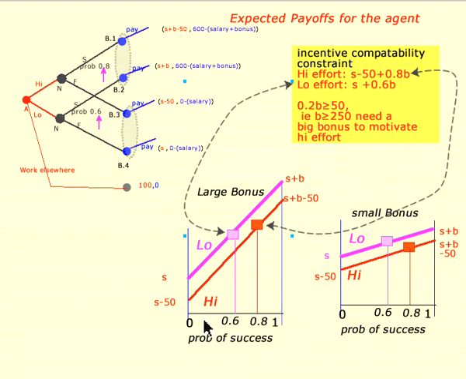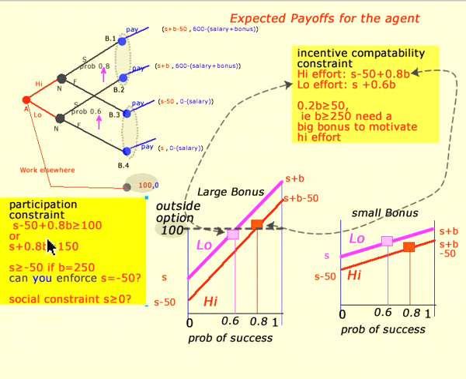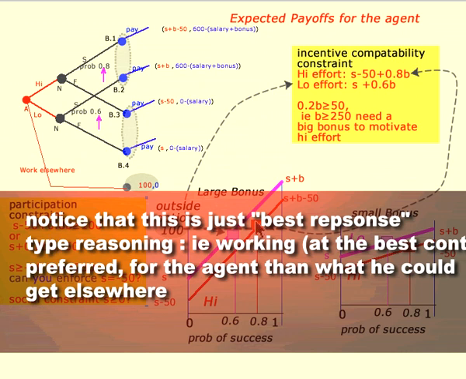Now, there is one other consideration we have to worry about in this game, and that's where we've got a branch at the beginning where the agent has an opportunity to work elsewhere, and the outside wage we're assuming is 100. So we also have to make sure that the salary plus bonus, the expected payoff, is bigger than 100. So we put a little line over here at the outside option height of 100, and we call this a participation constraint. Again, we want the red dot to be above the black line,